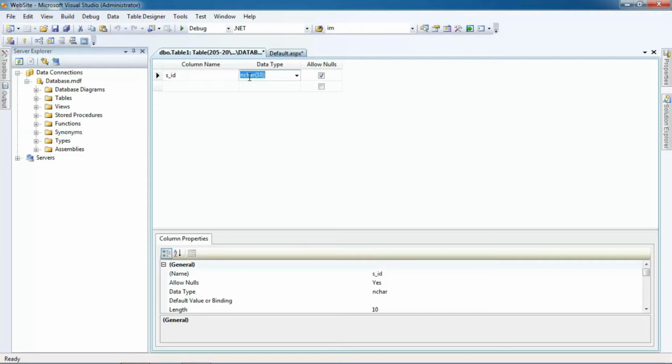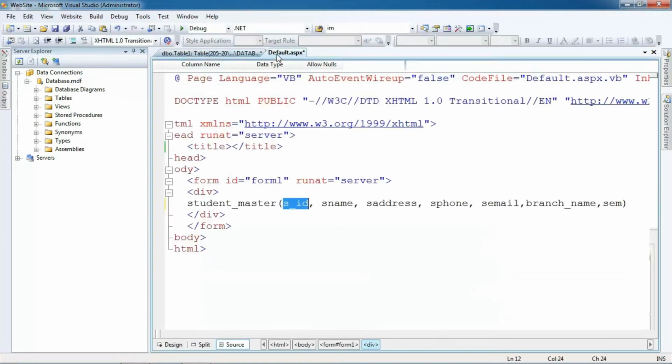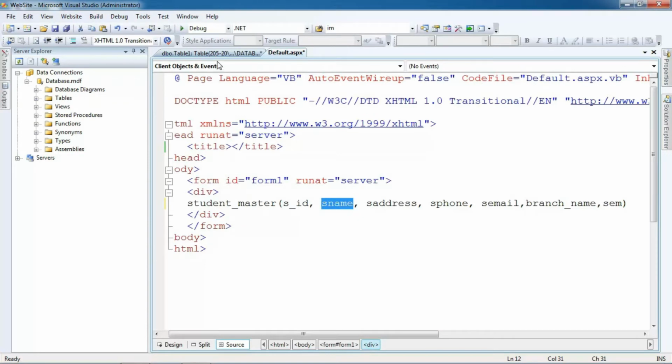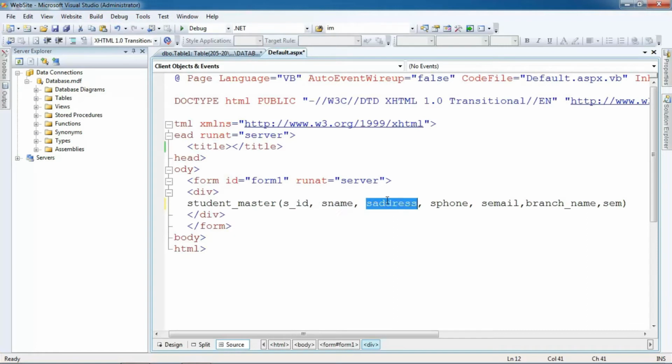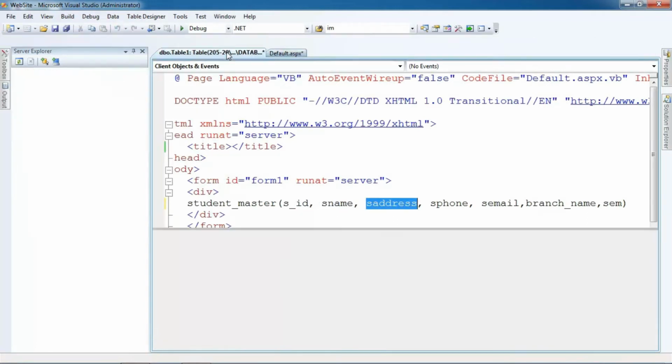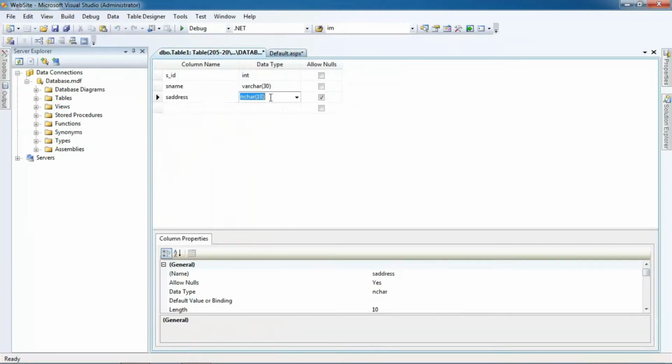In the general scenario, s_id or any ID is considered an integer as well as a primary key. We are not allowing any null, and after all these attributes are done, we will create a primary key. Now name has to be varchar with a size of 50. You can also change this size to 30 or any of your choice. Allow null is unchecked, so none of the fields will be allowed as null data.